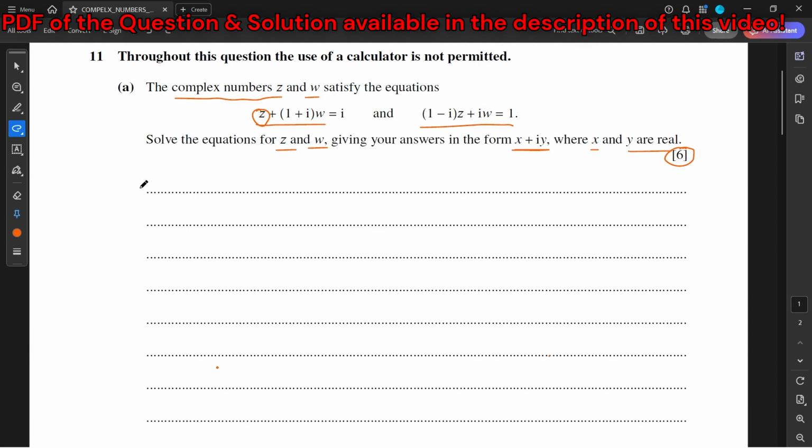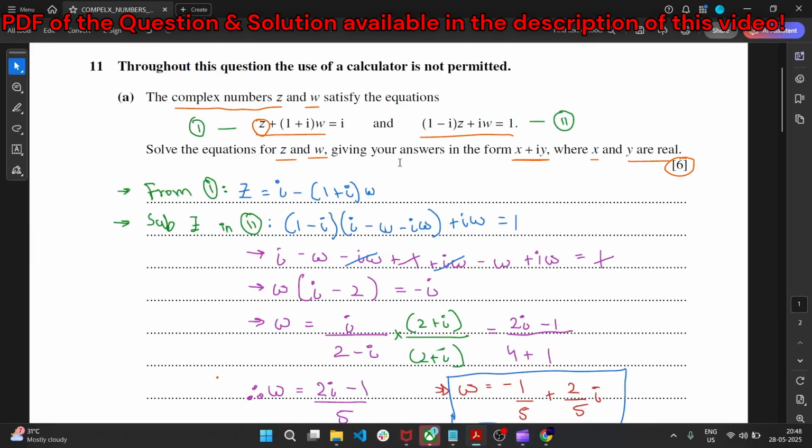Now, before I actually go ahead and show you step by step how you're supposed to do this, there was one more point written in the examiner report that a lot of students indeed got a correct answer, but they were not writing it in the format of x plus iy, because of which they are losing the final mark out of 6. So yeah, if you're getting the values of x and y, just make sure that you're writing that your Z is equal to that and W is equal to that. Now, keeping all these mistakes in mind,